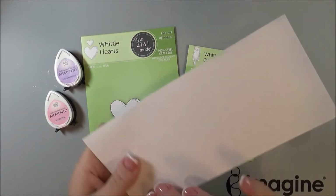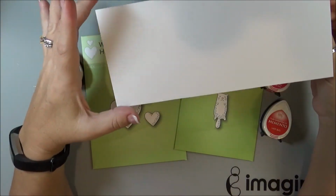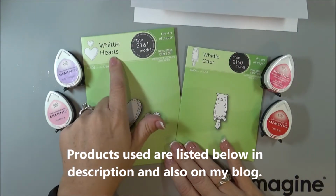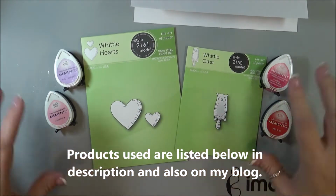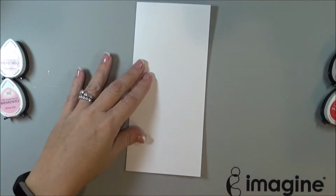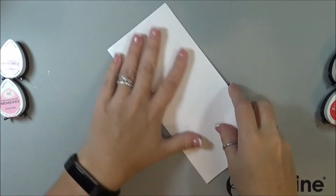And I am going to be doing an 8 1/4 by 3 3/4 size card. I'm going to use the Poppystamps Whittle hearts and also the Poppystamps Whittle Otter dies, and some Memento inks. So to get started, I'm going to use my card front